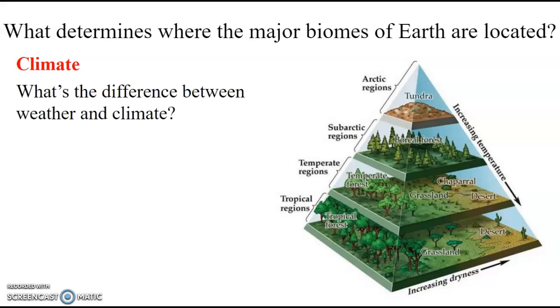So what is the difference between weather and climate? Weather does have an impact on living things, but what can live in a certain area long term is based on the average weather conditions over the course of a year, and that is going to be measured over periodic years, so 30 or more years of average data.